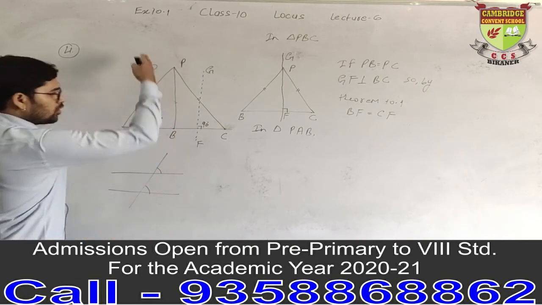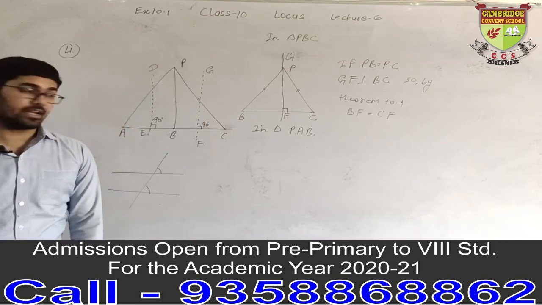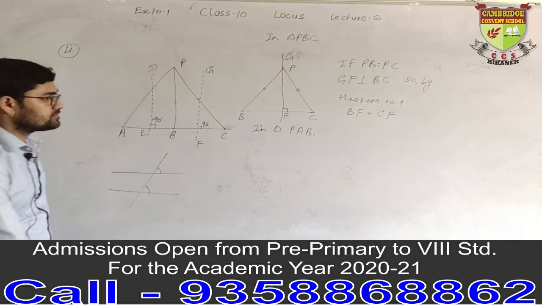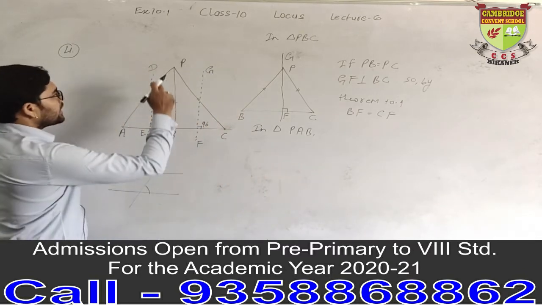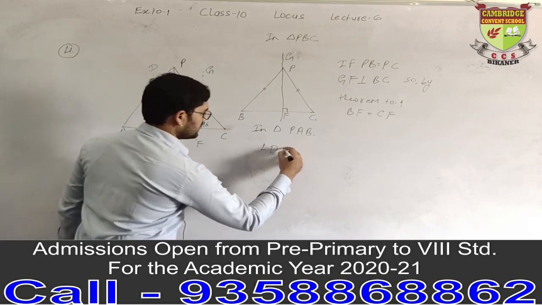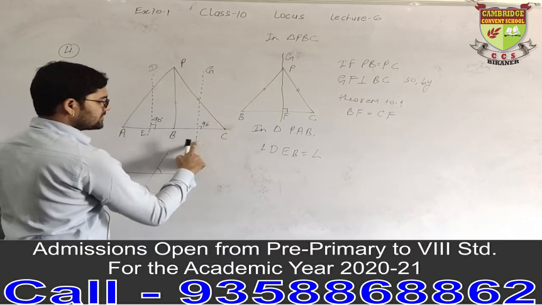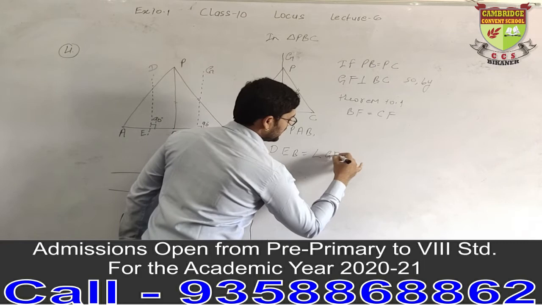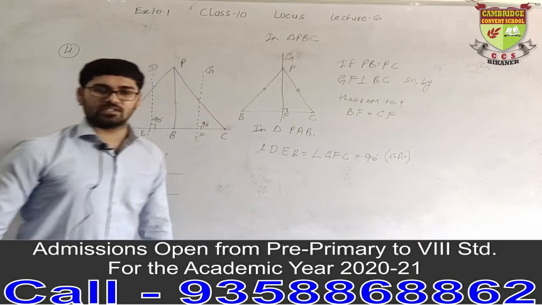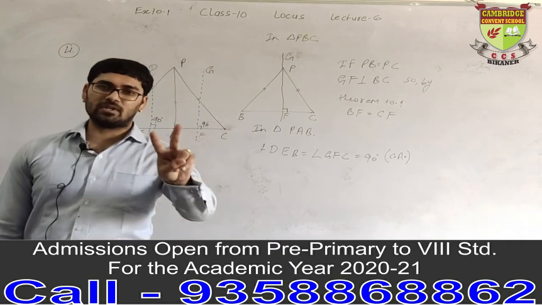Same thing goes for both these lines. This is 90 degree and this is 90 degree, right? So what relation do both these angles have? They are corresponding angles, right? So I will write here angle DEB is equal to angle GFC. F is here. GFC, what? 90 degree, because of corresponding angles. I am writing only initials. They form corresponding angles, and corresponding angles always form when there are two lines, minimum two lines.